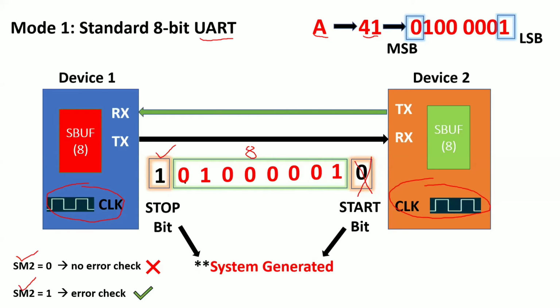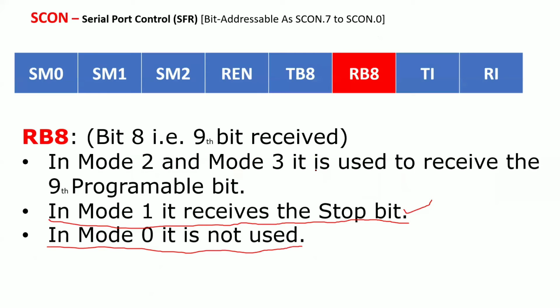During the transmission there may be a chance of getting errors. If an error happens, your stop bit will be 0. Whenever the stop bit is 0, the data is invalid, the data has an error, and we received the wrong data. So the SBUF will discard the data, it will not give the data to the processor, and it will wait for the next byte of data to be received. Now you understood, right? That is how you receive the data and check the errors in your mode 1.